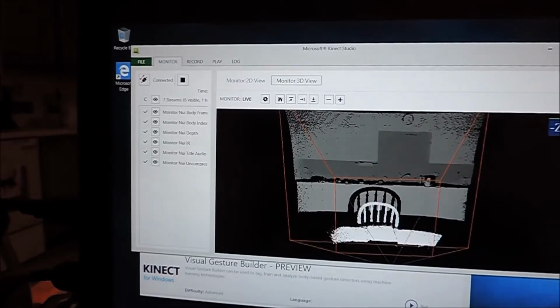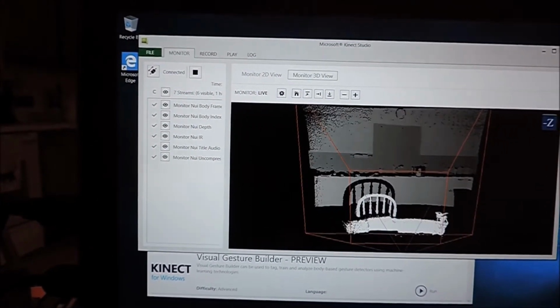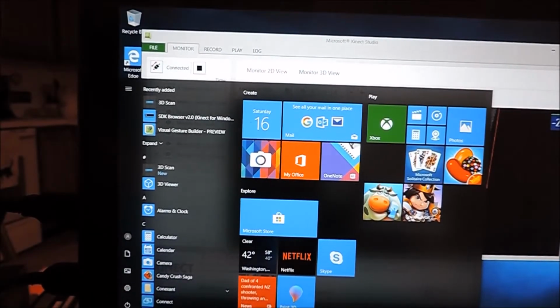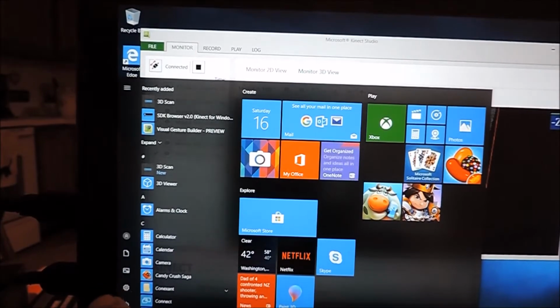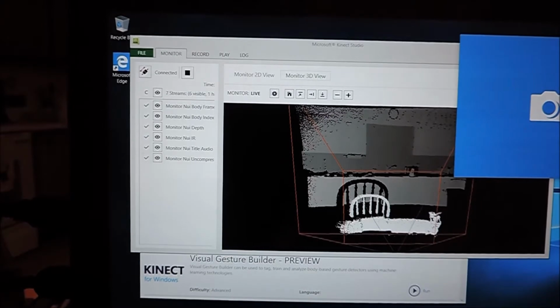Like I said, I'm going to use the hub in order to connect one of the cameras. If I can run the camera, it might not be strong enough to